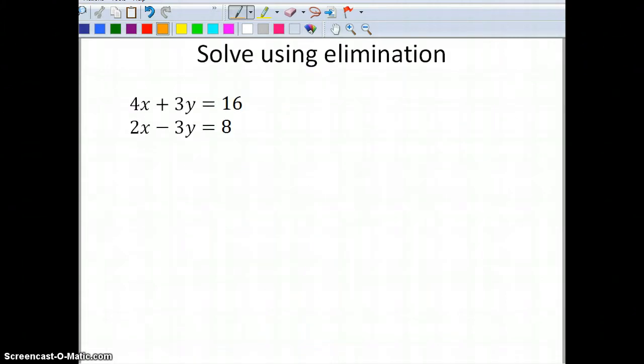Okay, now this one we're going to solve using elimination. Now this one's already set up beautifully for us. First, I notice it's in the form of ax plus by equals c. So both equations are already set up. Now the next thing is I want to see which variable I want to eliminate. This is where you've got to take a few seconds and plan. We've got 4 and 2, or I have a positive 3 and a negative 3. Well, that one's perfect because